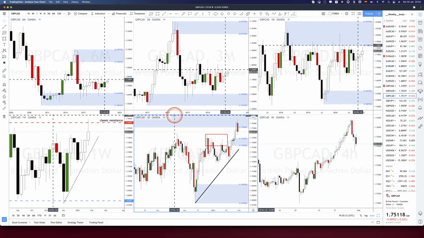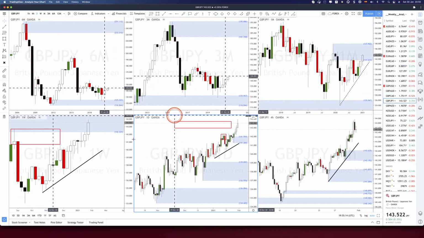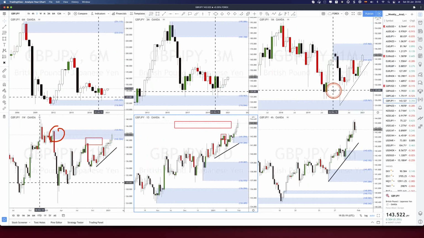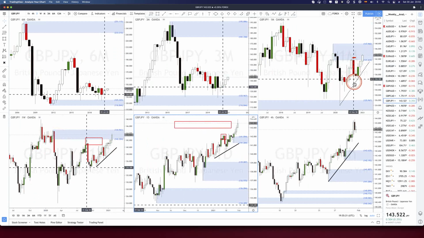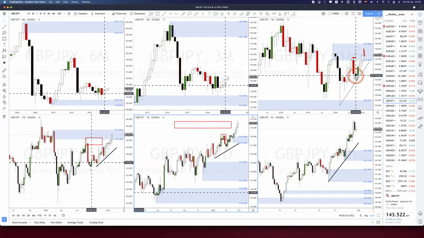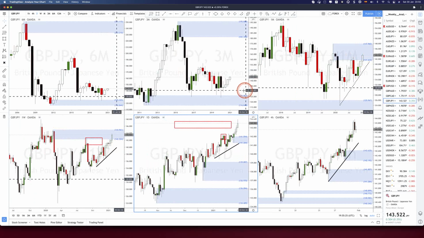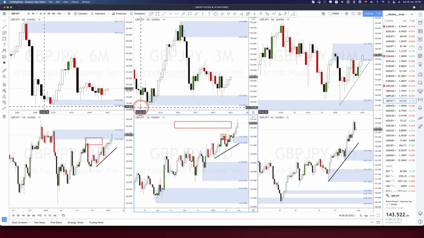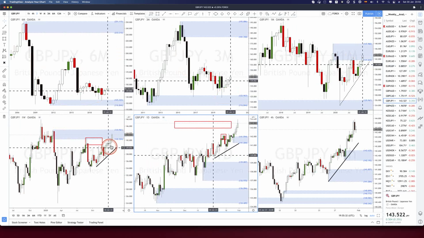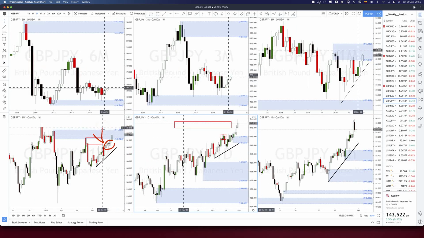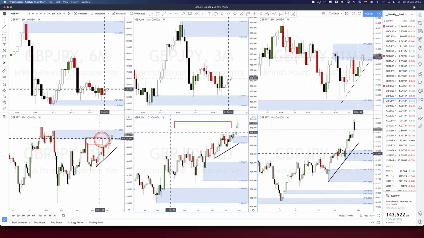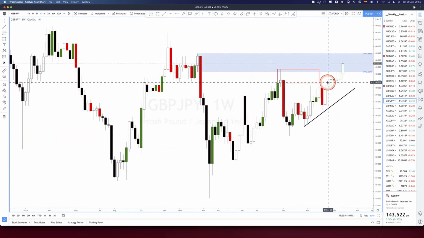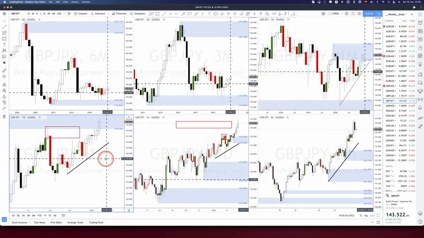Very, very tricky. Pound yen, expecting the elimination of that weekly area of supply. Deeper penetration in the monthly area of supply is happening, as expected and mentioned many times. We've got the 3 months area of demand in control, 6 months area of demand in control, longs and new weekly areas of demand. One being created over here. Well, this one was already eliminated, but we need consolidation away. One more candle. Long bias.